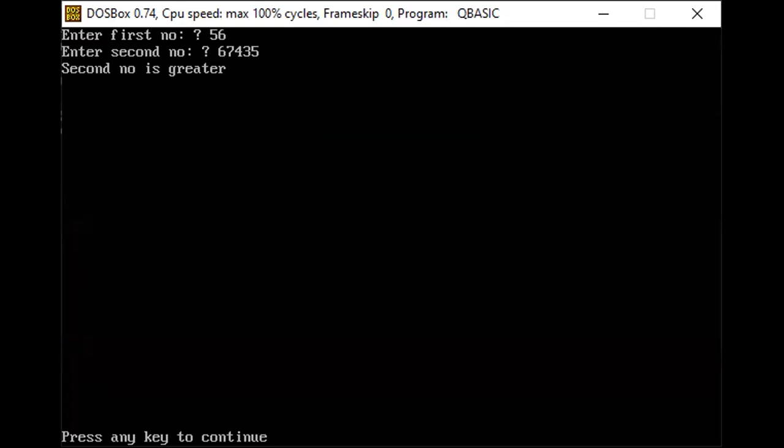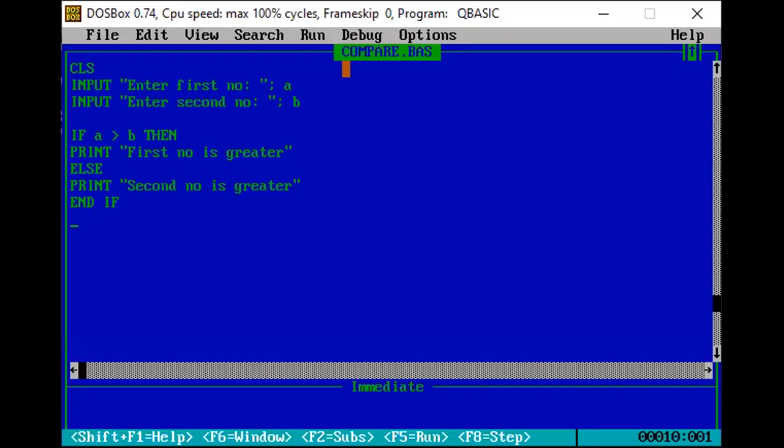So we have taught our computer to take decision. So decision making can be done by using if statement. So let us see these statements one by one. How are these working? You already know about the first three statements.